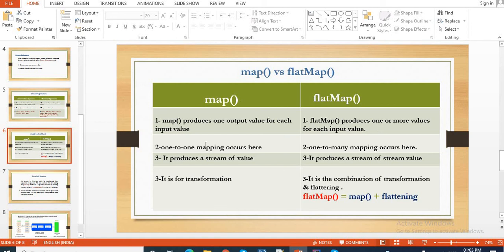So in case of map, one-to-one mapping occurs, but in flat map, one-to-many mapping occurs. Map produces a stream of values, but flat map produces a stream of streams that gets flattened. Map is for transformation of data, but flat map is a combination of transformation as well as flattening. So flat map is equal to map plus flattening.